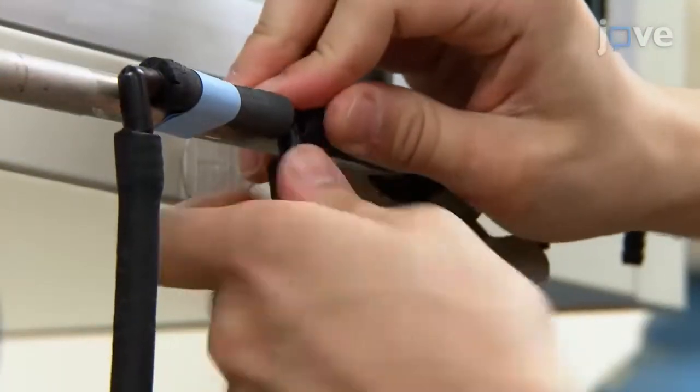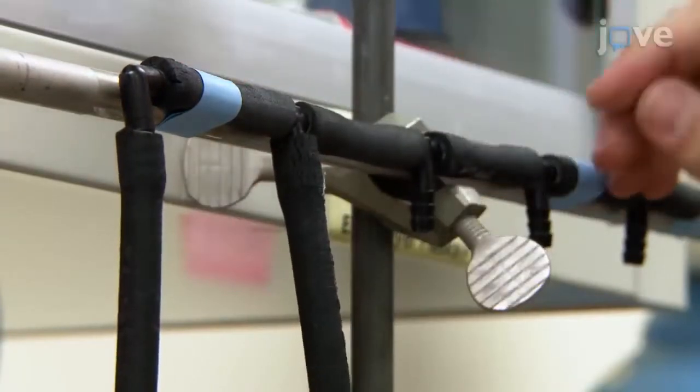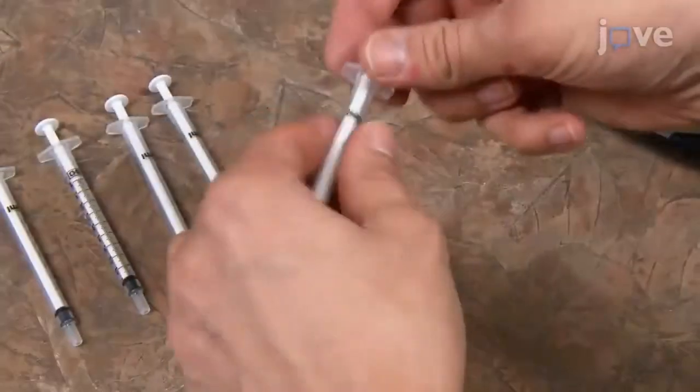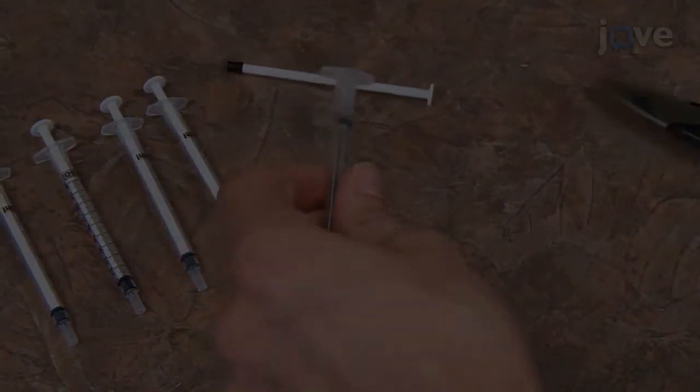Connect 5 pieces of tubing of approximately 20 centimeters in length to the free outputs of the installed fittings. Remove the pistons from 5 1 milliliter plastic